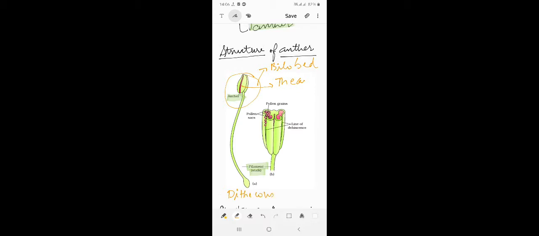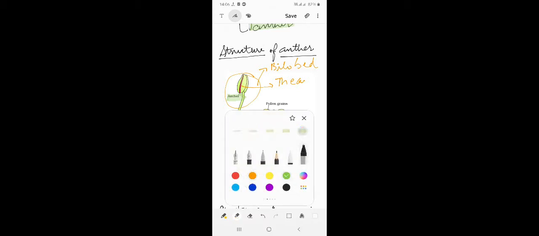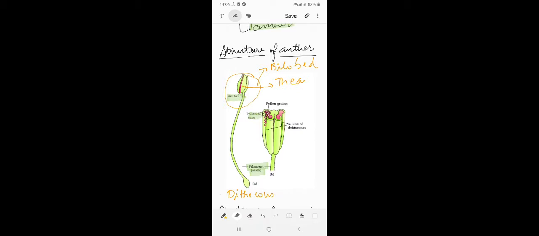So that bilobed anther is dithecous. And when you cut a longitudinal section of the anther, you will find various sacs, that is called the pollen sacs. The pollen sacs have four corners, that is called tetragonal. So the anther is tetragonal, a four-sided structure consisting of four microsporangia, two in each lobe. So this is again an NCERT picture. You have to be very careful while going through it.